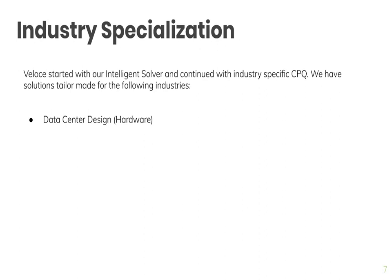Look for, is the technology designed for one thing and then tweaked and pulled and hacked to do other things? Or has it been designed in a way that can be very flexibly applied to all these different use cases? So that's what we've done with Veloce. We support high-tech manufacturing, very complex data center infrastructure, hardware and software design process, solving it all in one click,